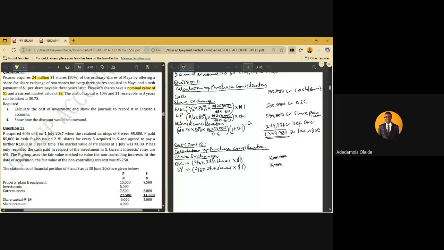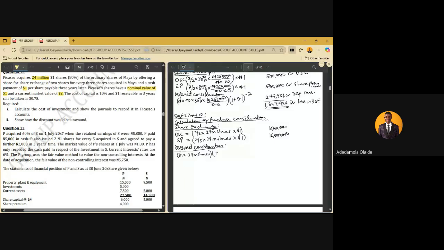Okay, having done that, we now have deferred consideration, because they said they want to pay $1 per share 3 years later. Deferred consideration will be what? Since they said they are paying $1 per share in 3 years' time, we say $1 times 24 million shares